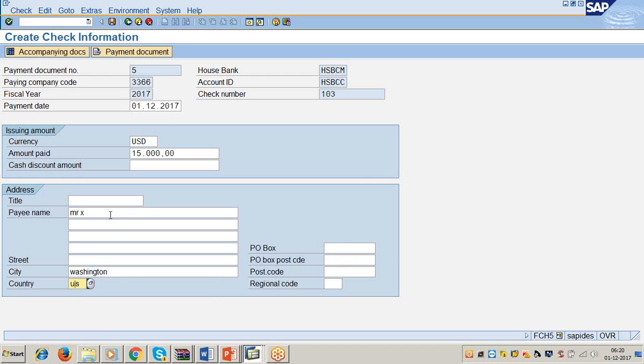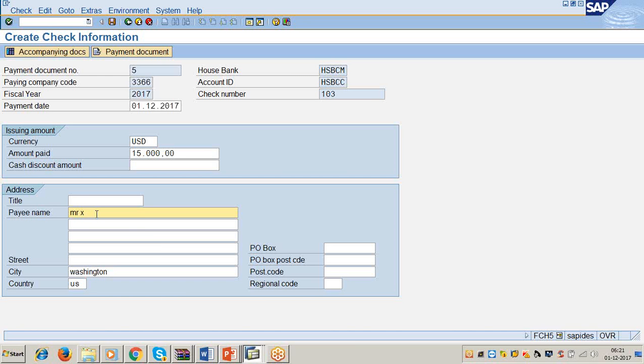Country US. Now the question here is, yesterday when we were updating the check register with the vendor payment, the system had taken the payee name and country. But now when you have paid the rent to the vendor through check, and you are trying to update the check register, we are entering payee name, city, country. Why so? Because yesterday for the vendor, we had maintained the master record.